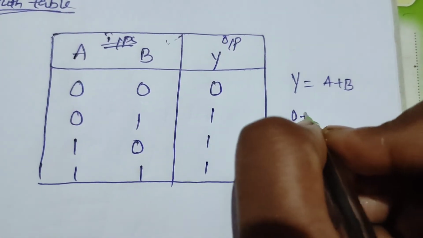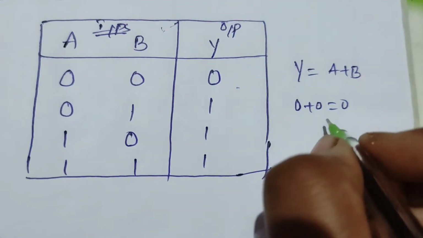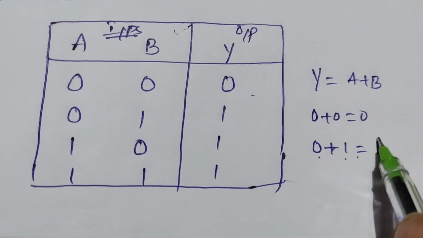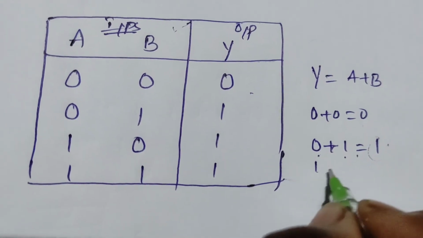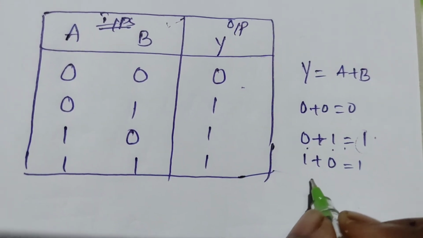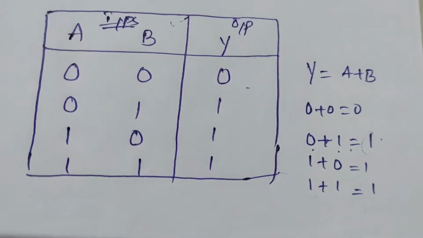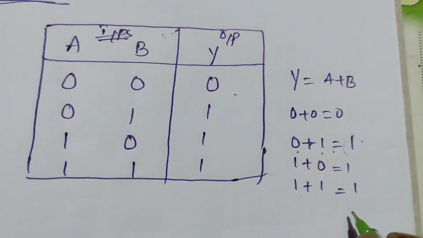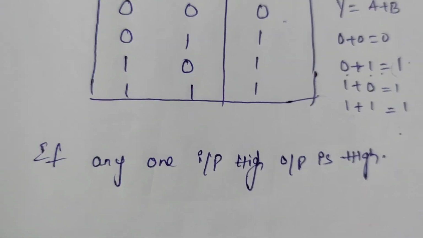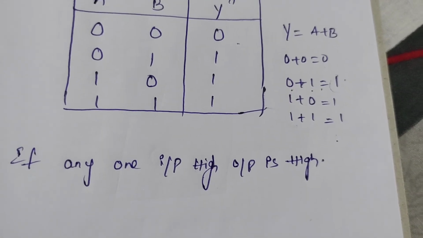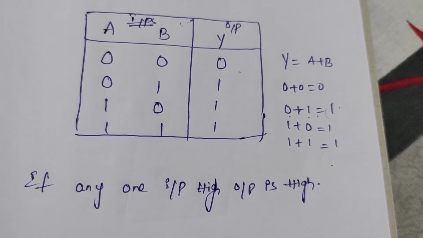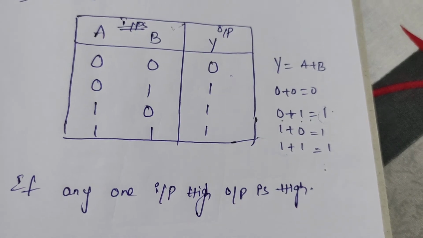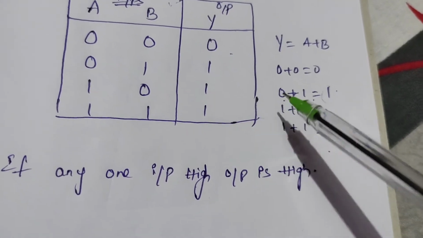First condition 0 plus 0 is equals to 0, and the second condition we are adding the two signals. First is the low signal and the next is the high signal. The output will be high only, and next 1 plus 0 is 1, and 1 plus 1 is also 1 as we have discussed in the last class. Whereas coming to binary, it gives the 1 0, but in the Boolean algebra it is different. In case of the OR gate, if any single input is high means the output will be high. You can take any number of inputs. Here I am taking the only two inputs. If we take 3 or 4, if single input is high means the output will be high.